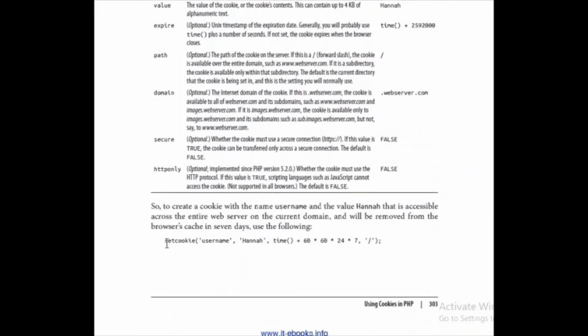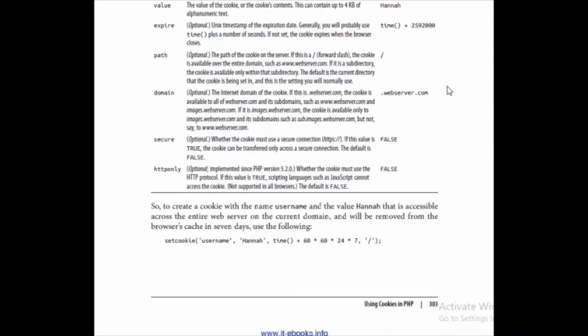So here is the command of setcookie. The name of this cookie is username, its value is Hana, and its expiry is time() plus 60 multiplied by 60, multiplied by 24, multiplied by 7. It is basically saying for how long this cookie will last.